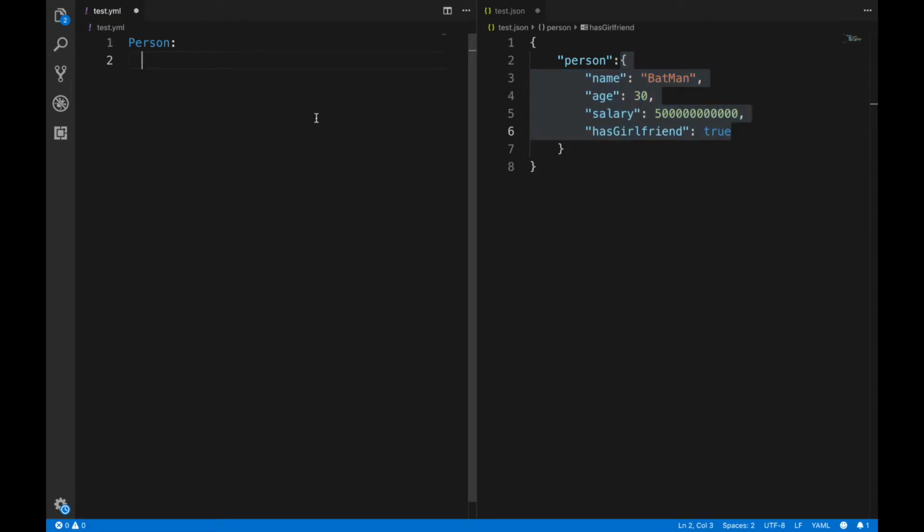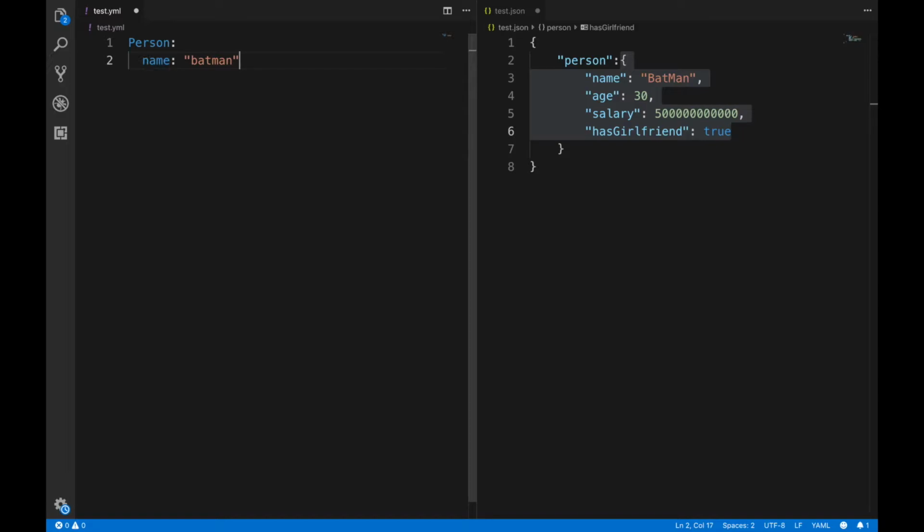Now we will write these properties here. Let's suppose I'm writing the properties, and I'll write name colon and then the name Batman. As you can see, the things are not taking exactly, because the YML file is not understanding this key value pair. Why is this? Because there should be some space after the colon. You have to maintain a single space after the colon, at least a single space. As you can see, now the YML file can read this key value pair.